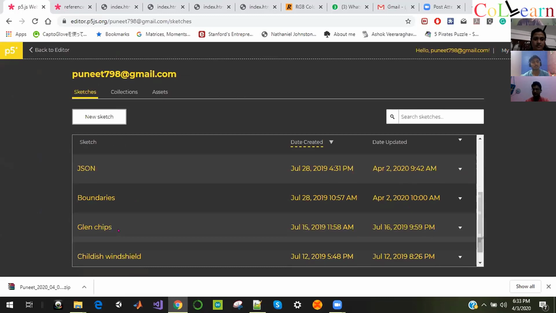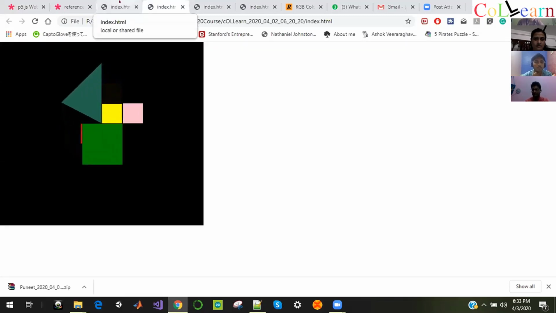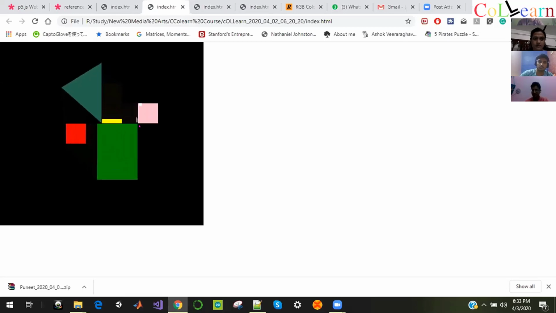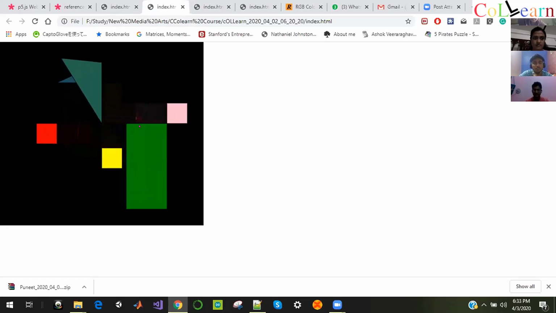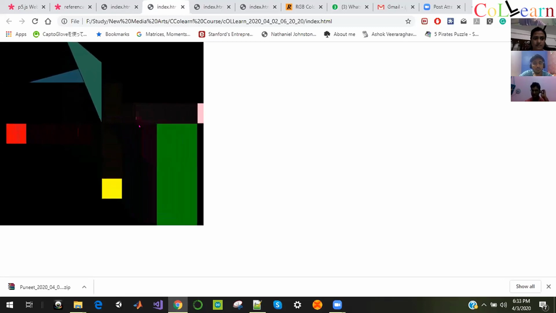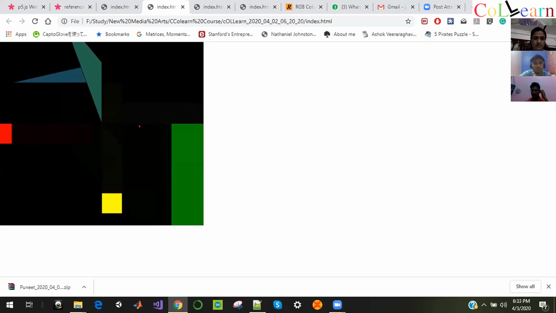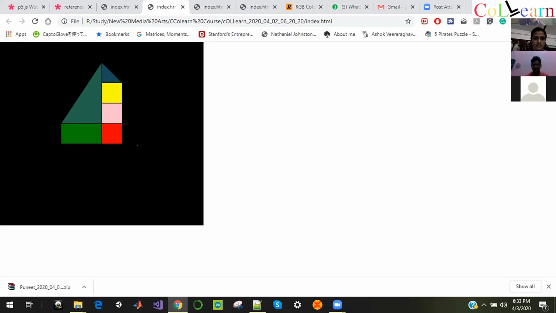You can create a very proper symmetrical figure, and I have properly given the t values. I have made sure that this square moves on the right hand side and this square moves on the left hand side. I'll rerun this. It's a very symmetrical figure, right? I've made square, square, square, and then rectangle and triangles.